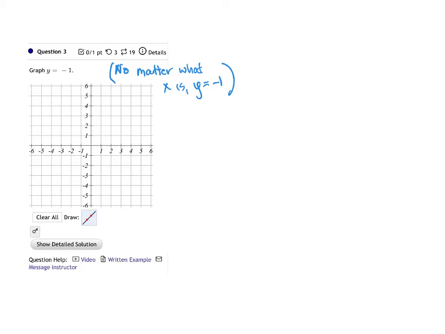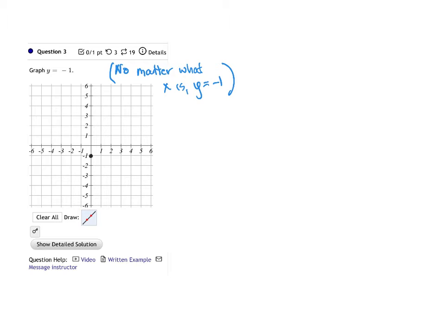We're graphing the equation y equals -1. Notice there's no x in this equation, and we've solved for positive 1y. So y equals -1, that means no matter what x is, y is always going to be -1. So if y equals -1, go to your y-axis at -1,